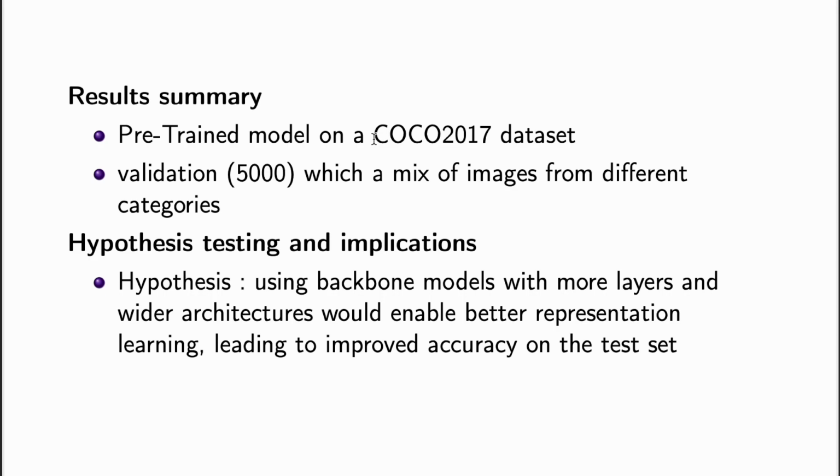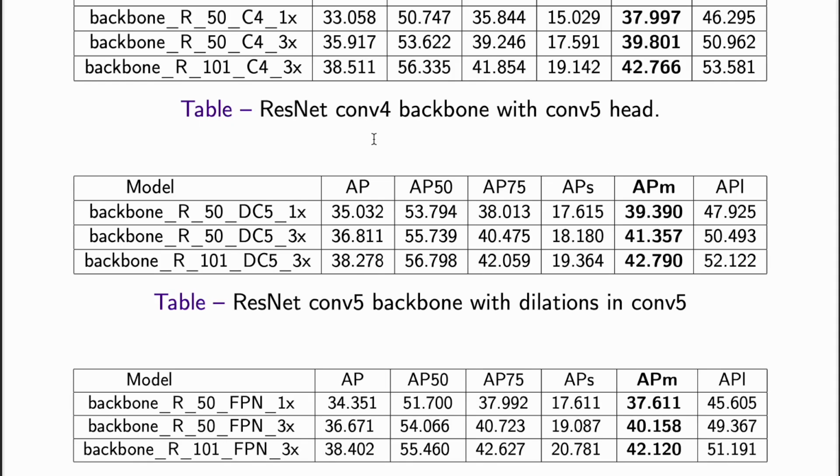We tested this hypothesis by comparing the accuracy of three different models: ResNet Conv4 backbone with Conv5 head, ResNet Conv5 backbone with dilations in Conv5, and the ResNet plus FPN backbone. What we found was that the most complex backbone model, ResNet plus FPN, achieved the highest accuracy on the test set over the other models. This suggests that using a wider, deeper model with more efficient scaling can indeed lead to better performance on